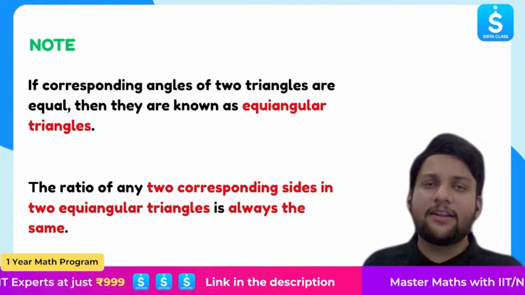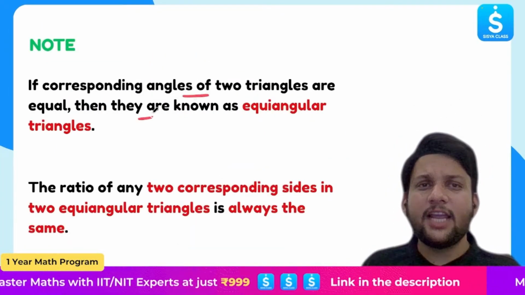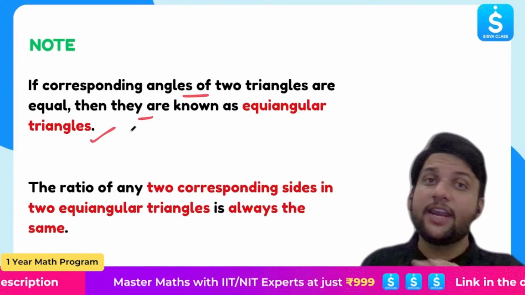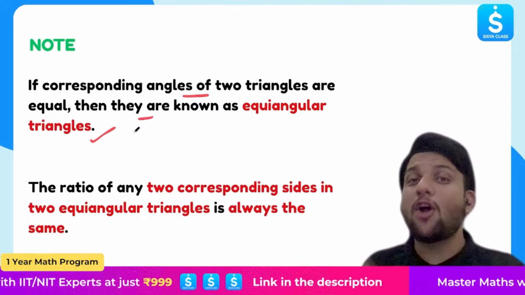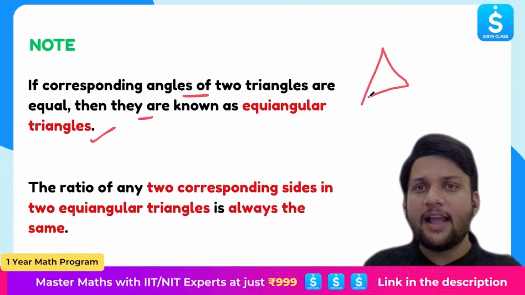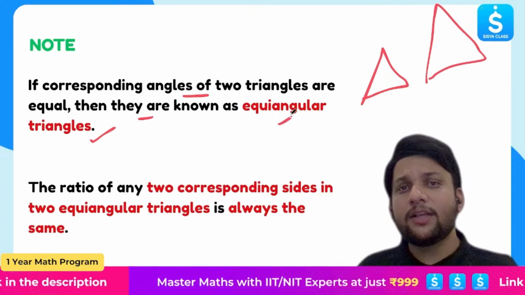Great. All right. Now, there are some important points. If corresponding angles of two triangles are equal, they are known as equiangular triangles. Now, this is nothing new that you are studying in grade 8. What are equiangular polygons? You remember? Yes, same thing. So if two triangles are there, and if their angles are equal, then they are known as